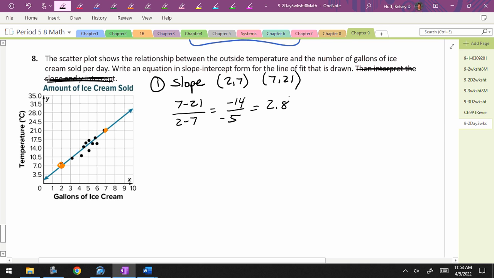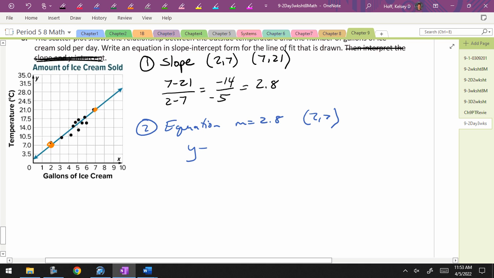2.8. All right, 2.8. We're going to use our slope of 2.8. You want to use 2, 7 or 7, 21? 2, 7. Y minus 7 equals 2.8 parenthesis x minus 2. Y minus 7 equals 2.8x